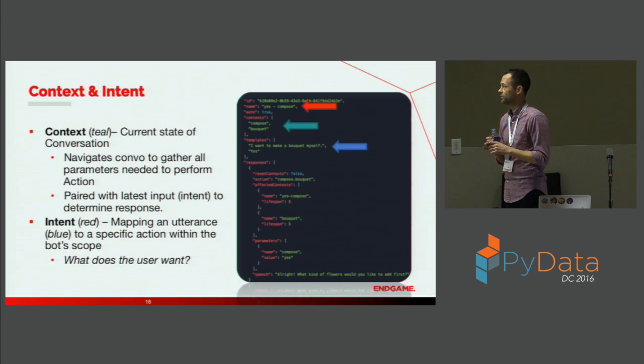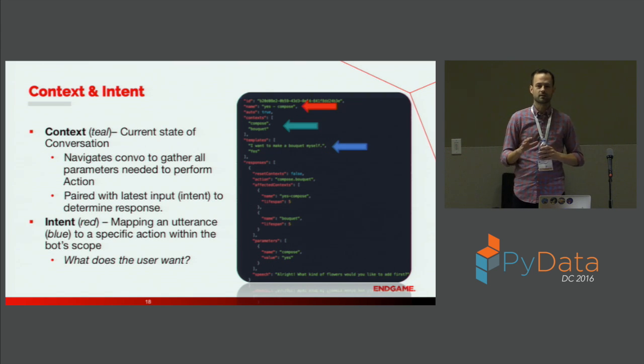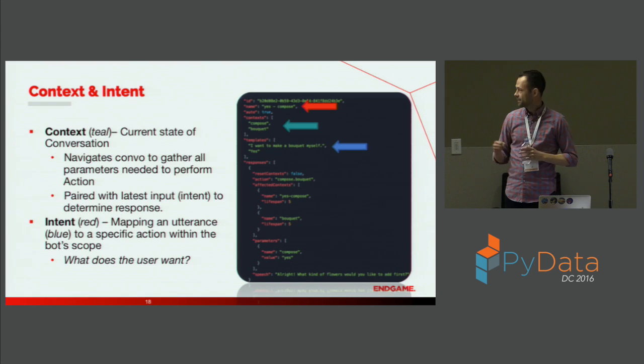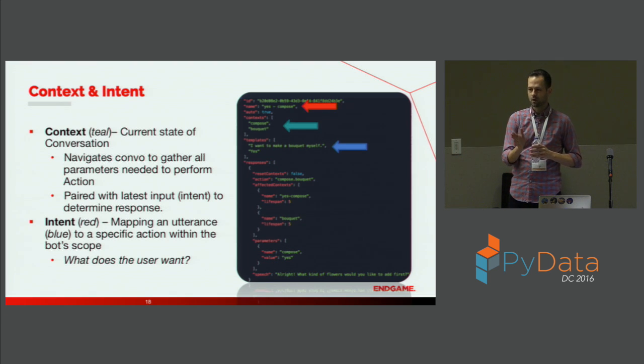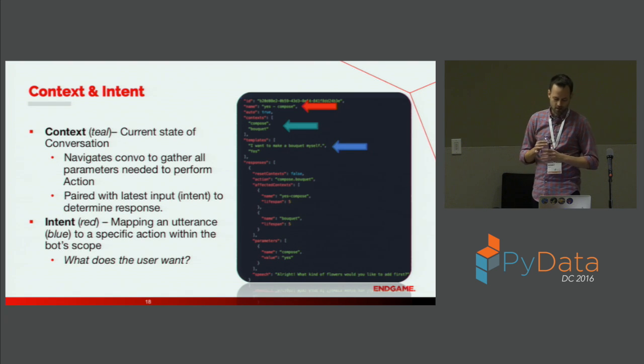Context and intent are really the two, I guess, core buzzwords that you'll hear a lot of times with bot development kits or just building chatbots in general. Context, all that's doing is that's your little manager. He's there just watching the conversation, understanding what all needs to happen, and ensuring that you are hitting every step of the way in order for the bot to carry out the task.